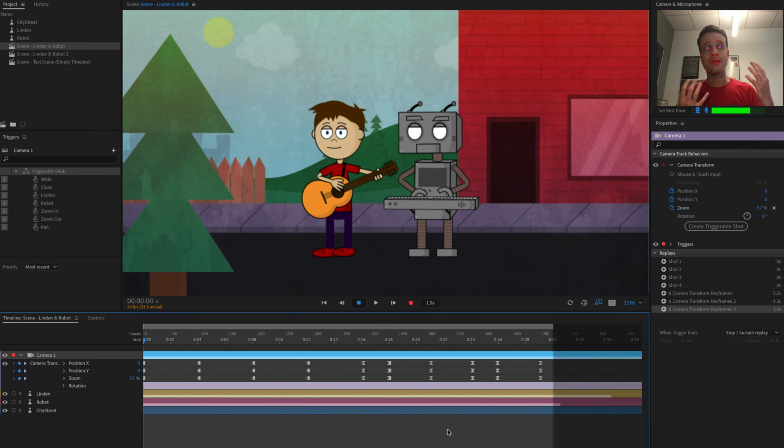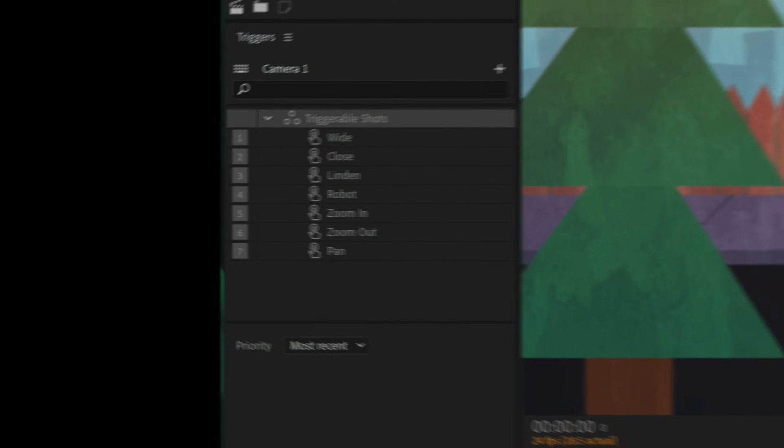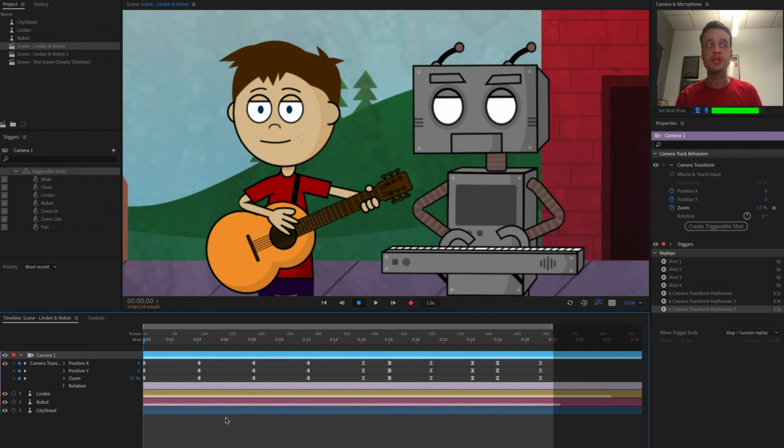But what makes cameras even better in Character Animator is that there's also the live aspect of Character Animator, and you can actually trigger cameras, just like you can trigger audio and layers and animations and all of that stuff. So you'll notice here with my camera, I have a triggerable shots swap set. And so 1 is a wide shot, 2, if I press the 2 key, I'm now to a close-up,